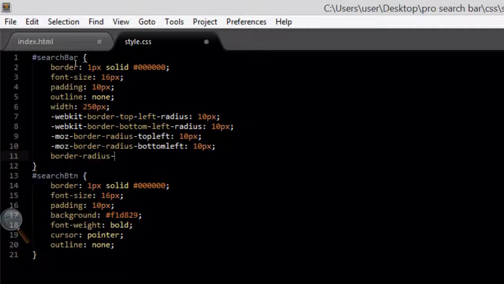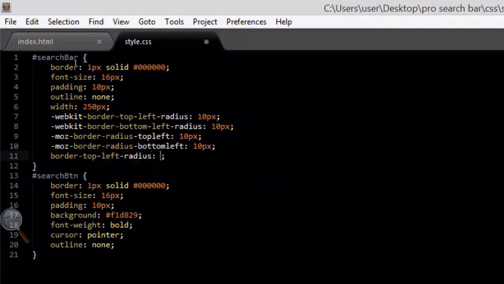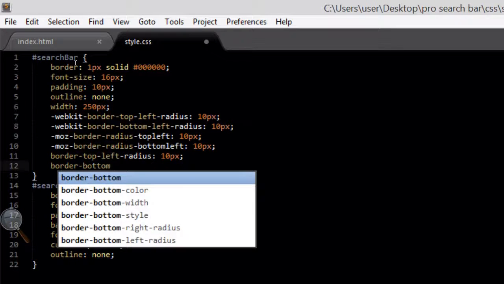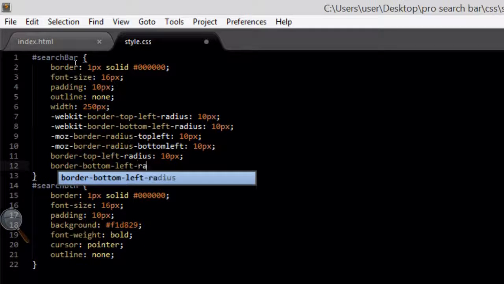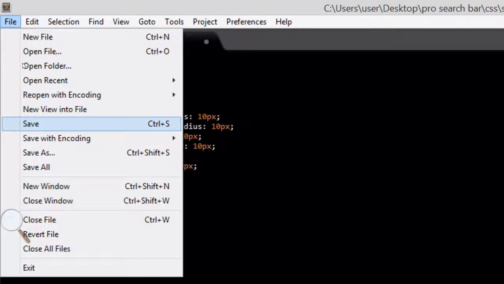Again, make sure it's set to 10 pixels. It's got to remain consistent. And then finally, for Internet Explorer and Google Chrome and things like that, the standard property is border-top-left-radius, and same for the bottom left radius. And again, both set to 10 pixels. So it's quite a lot of code in there just to make two of the corners of our text box